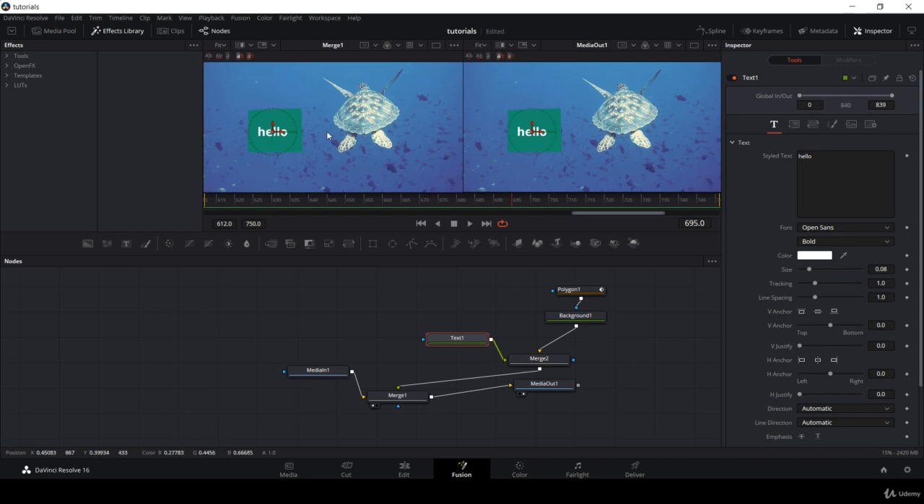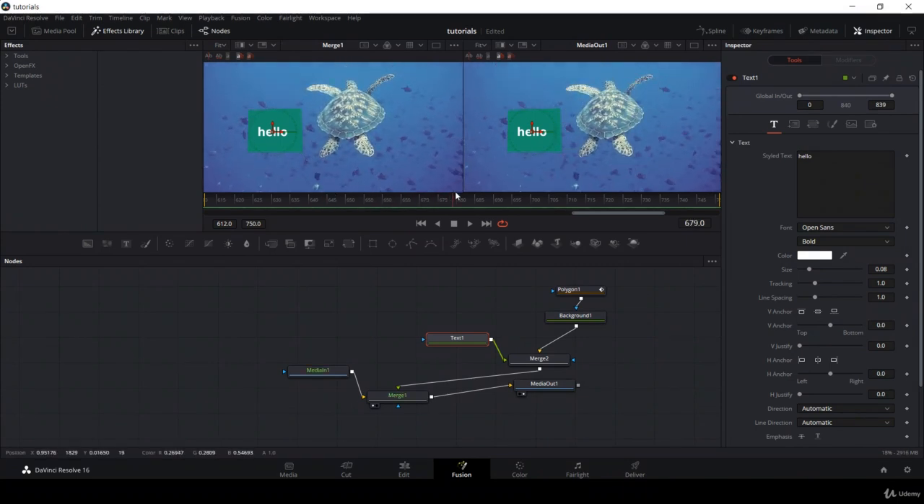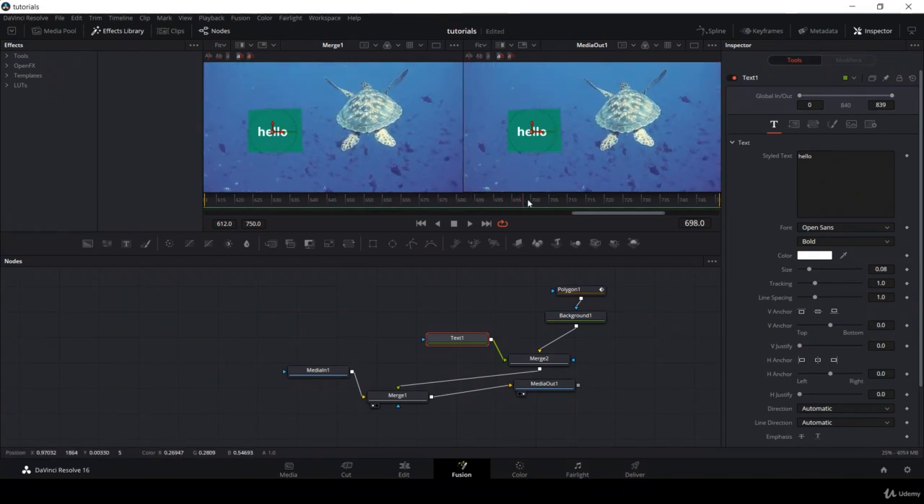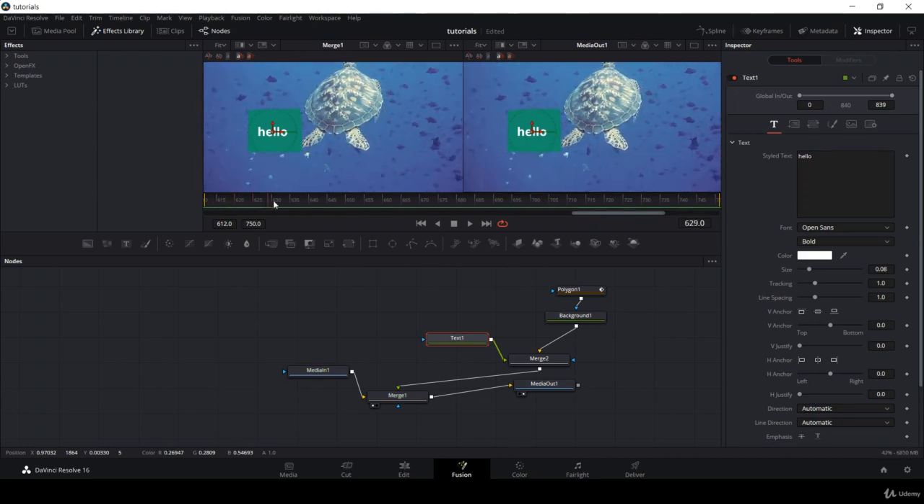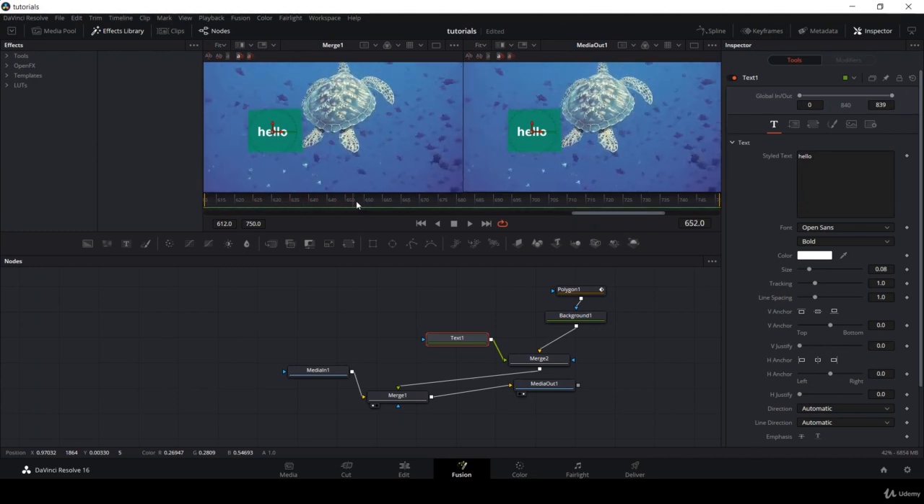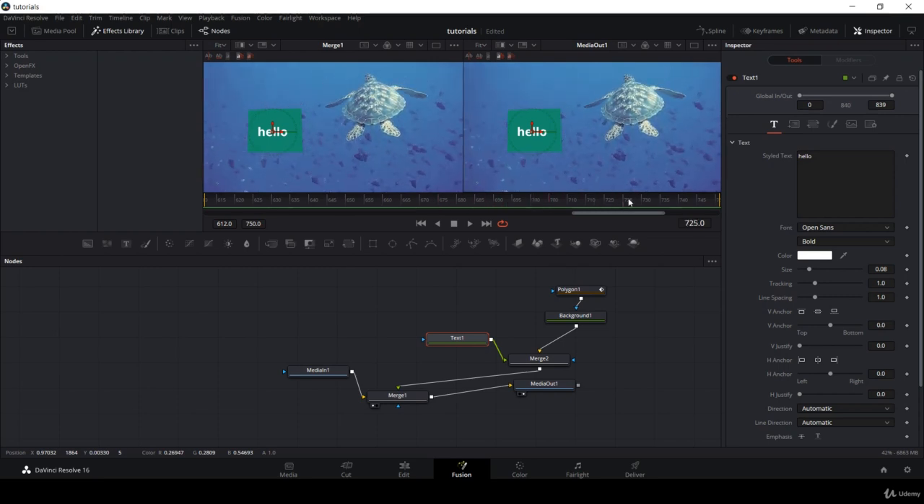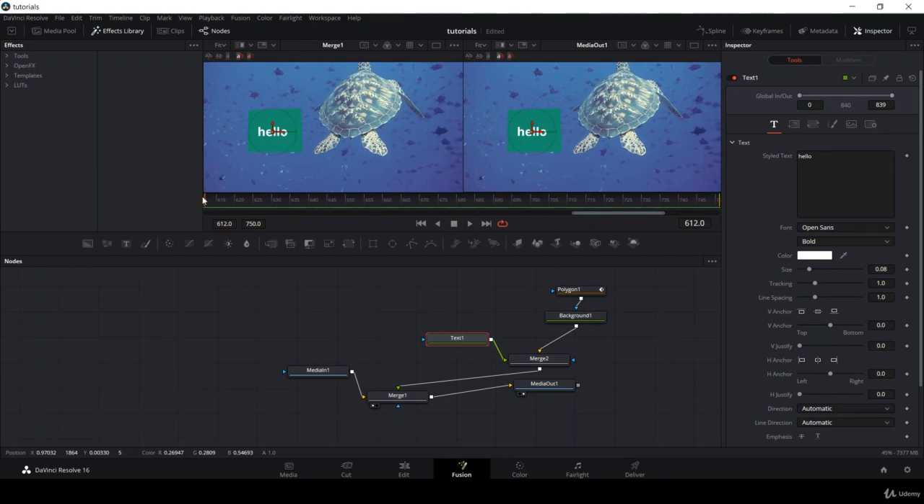So what we need to do is track this movement of the turtle with the dialog. So this is the navigation window here. Down you can see that I can scroll to the clip. So what we will do now is we will track this. To do that, first